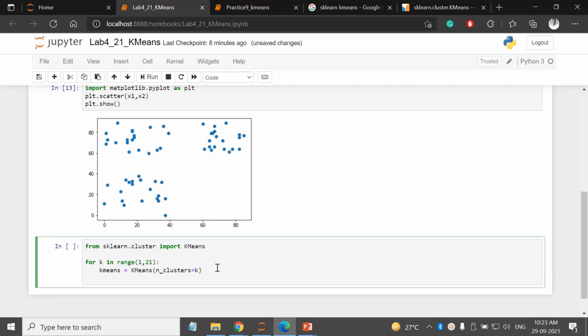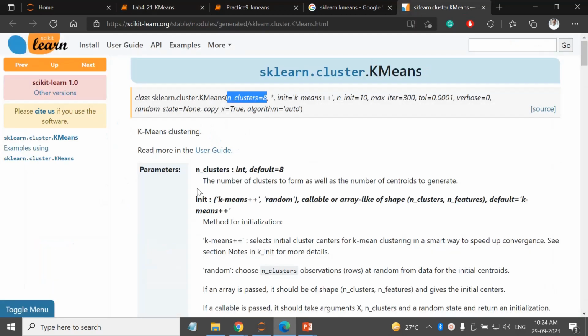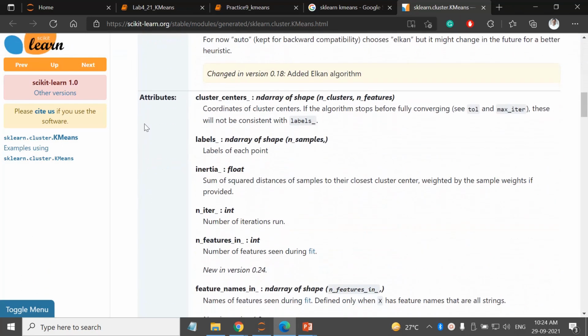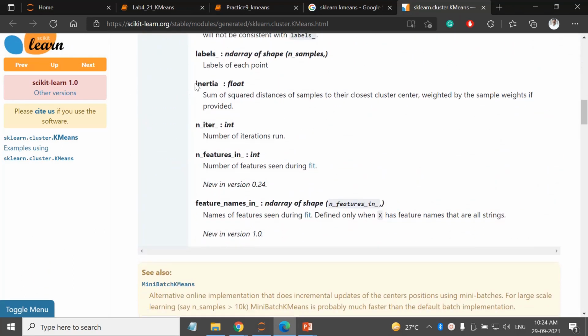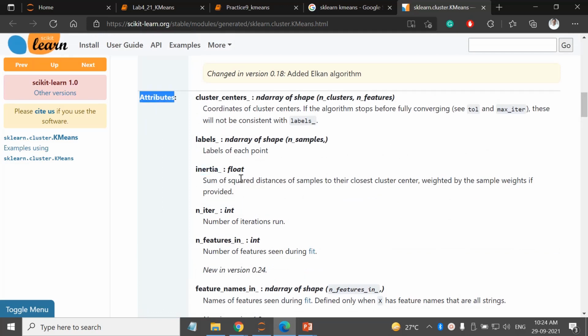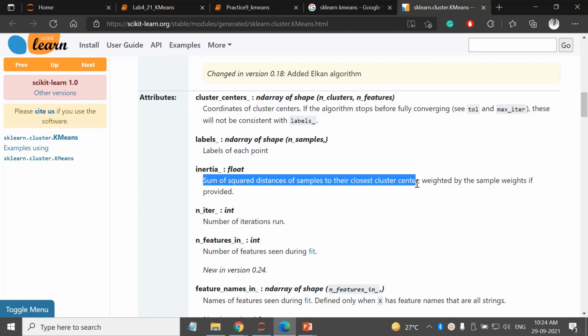For that we have to calculate WCSS. This class provides an inertia attribute, which is nothing but a WCSS score, the sum of squared distances of samples to their closest cluster centers. So I have the inertia score.